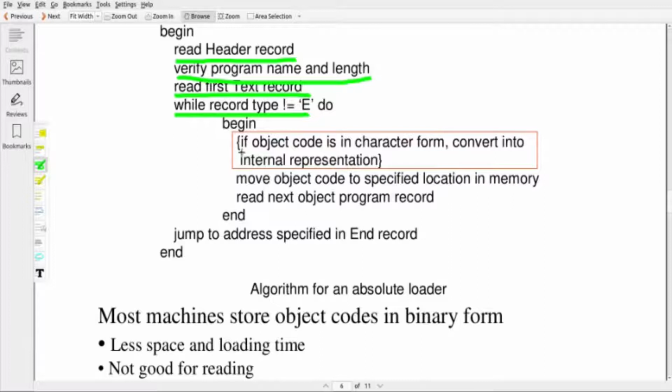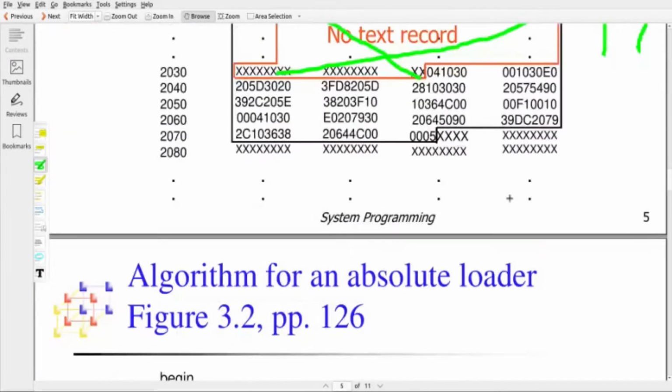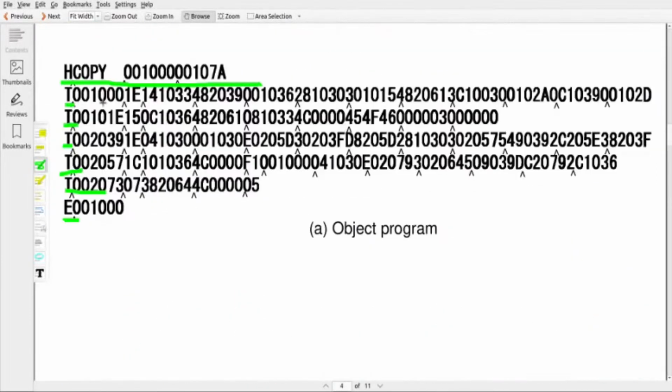So begin, if object code is in character form. Okay, there is one problem: for the understanding purpose, we have written it in hexadecimal. So there is a problem in that. While reading, each digit it will consider as an ASCII. For example, you can see 1007.